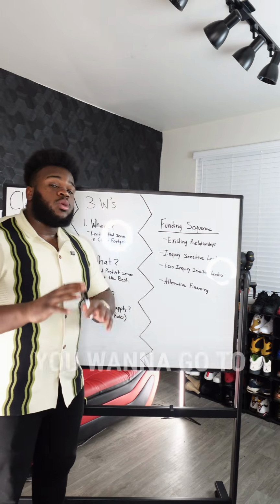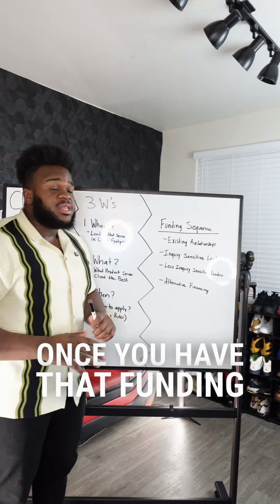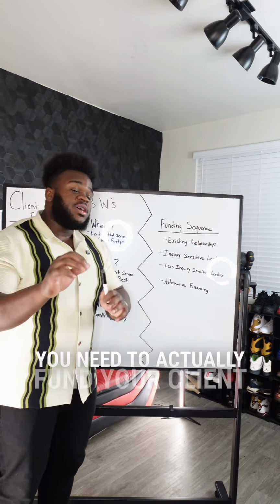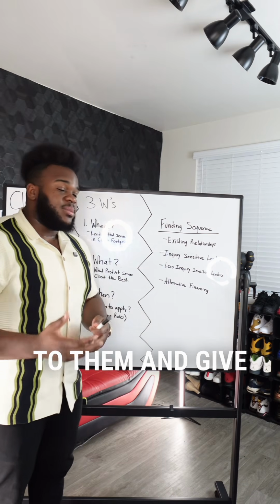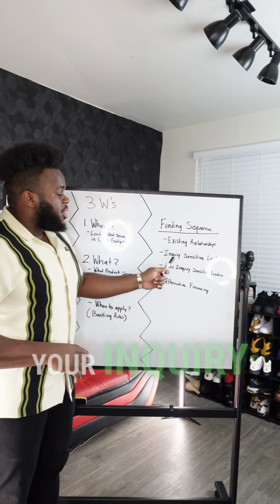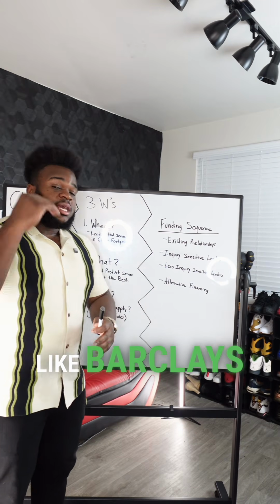So last but not least, you want to go to the funding sequence, right? Once you have that funding sequence, this is the order you need to actually fund your client. You want to go through their existing relationships first because they're more likely to lend to them and give them higher limits. Next, you want to go to your inquiry sensitive lenders like Barclays, get them out the way first